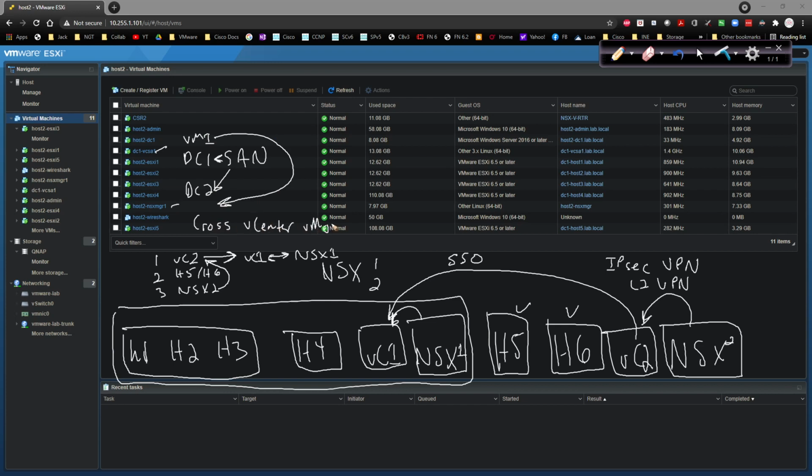vMotion. That is a real thing, and that's one of the things that NSX is well known for. So that's one of the ways that you accomplish that. Now there are other ways of doing it. There is a technique known as SRM, Site Recovery Manager, as well as replication. And to deploy those, I actually would have to test them out and make sure that they're working the way that they need to be. I have yet to get either one of those working, but that is a goal of mine in the very